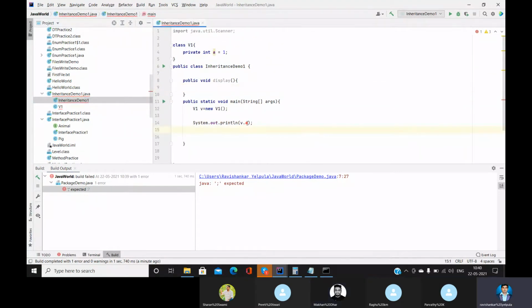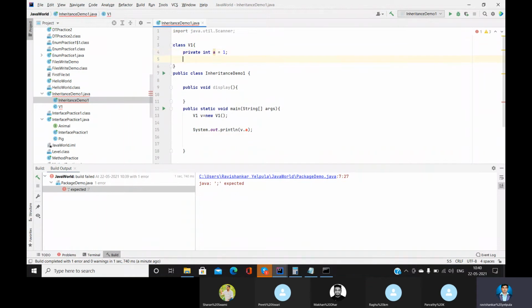Okay, so guys, can you see here? This is throwing an error stating that a has private access in V1. So we can't access this a outside the class, but within the class you can use this. Now see this.